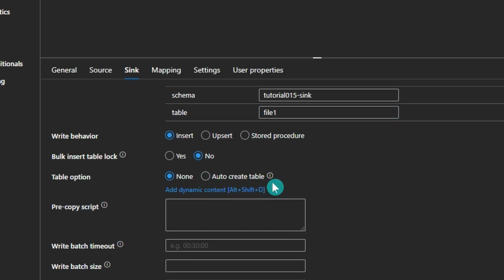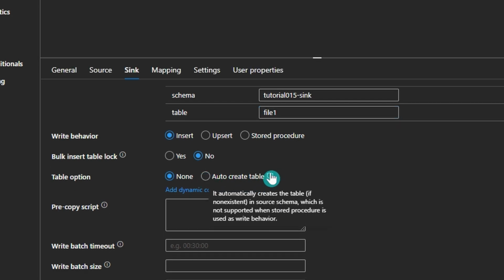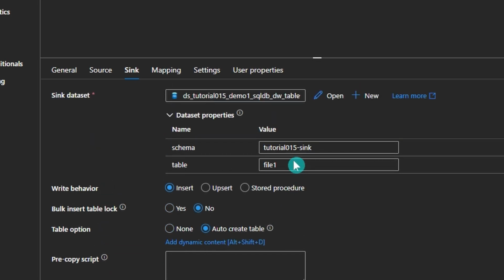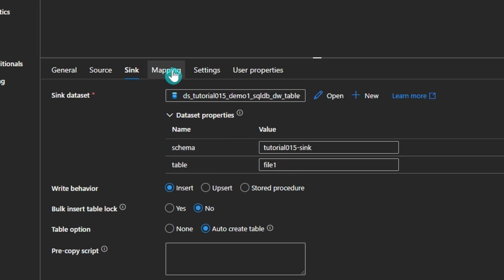I want the Data Factory to auto-create the table, since we have not created the table in the database. This auto-create table is quite a cool feature in the Data Factory, since it will allow us to create the table based on the data that is coming in. Next, we are going to open the mappings page, because here we need to configure how we are going to